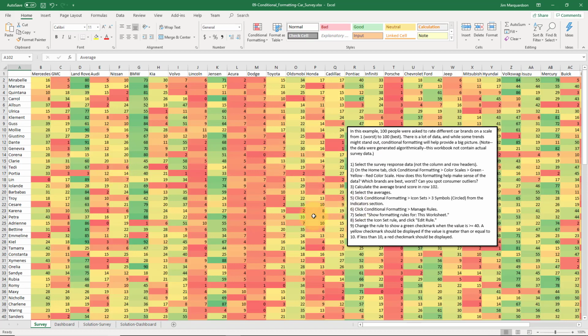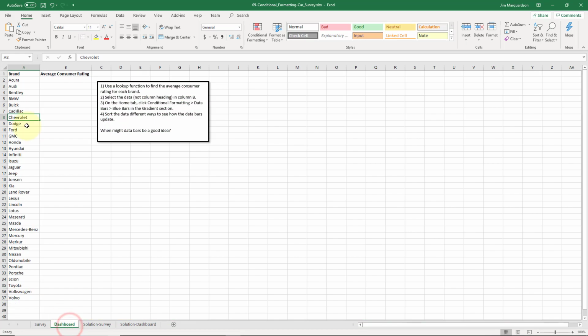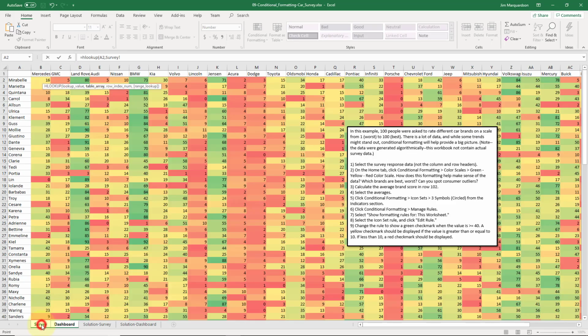Okay. Now let's go to our dashboard, because we have more to do here. All right, let's create a lookup function to find the average consumer rating for each brand. So see if you can do that on your own. How am I going to look that up? It's going to be VLOOKUP or HLOOKUP, and the answer is HLOOKUP, because the lookup value, Acura, we are going to go to our survey data, and we're going to look that up